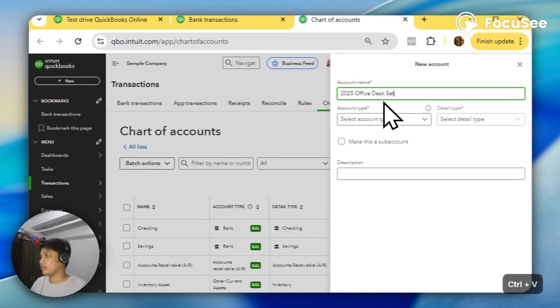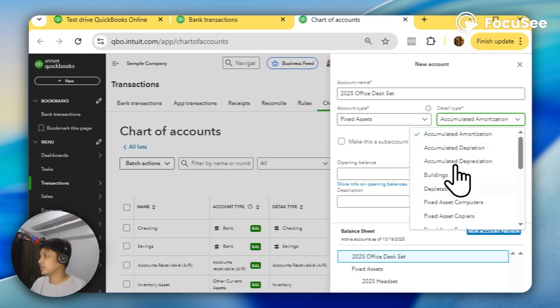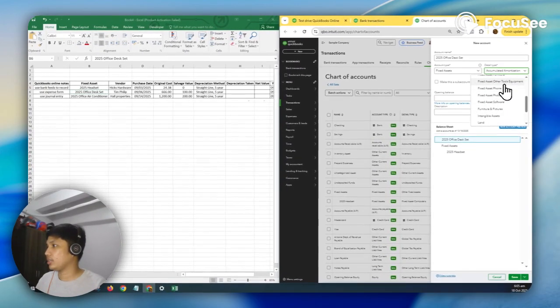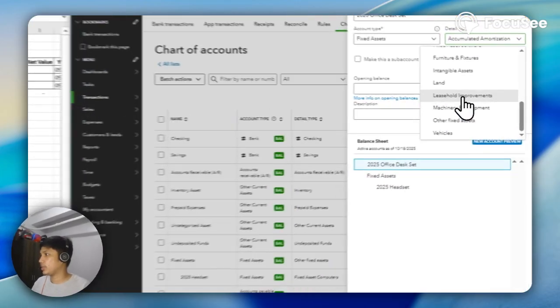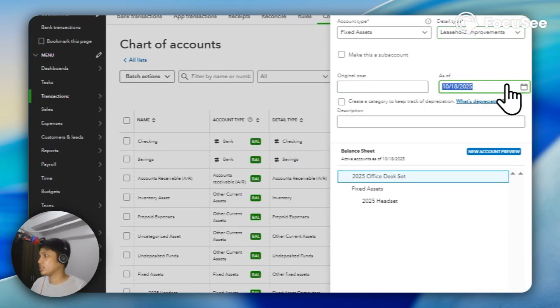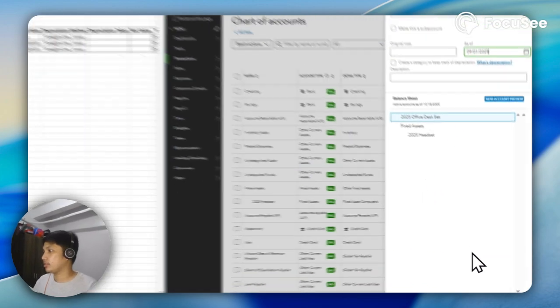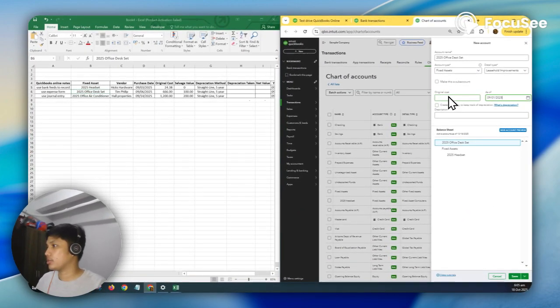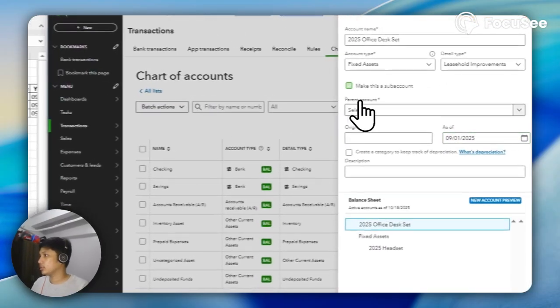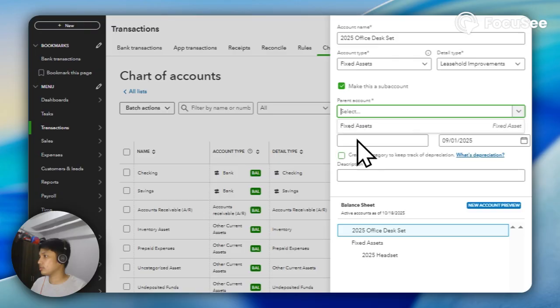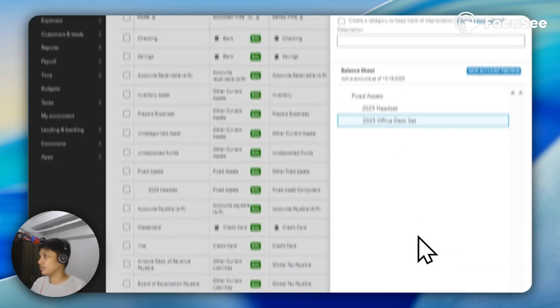Account name, office desk set. I'll use leasehold improvements. Imagine you are just creating a beautiful space for your work. Make this a sub account under fixed assets.